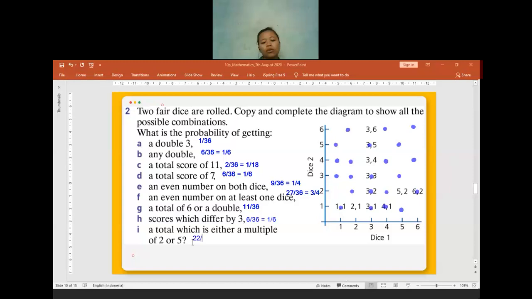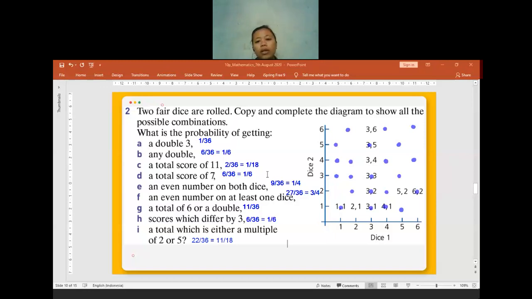Okay, is there anyone who is confused so far, or maybe my explanation is still confusing for you? No? Okay. So later, if you have this kind of question, it will be better if you write the two-way table using pen. And then when you want to answer the question, you can label or circle which numbers you want to take using a pencil. When you move to the next question, you can erase it and count again.